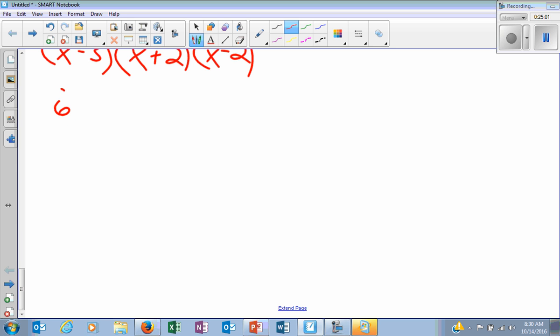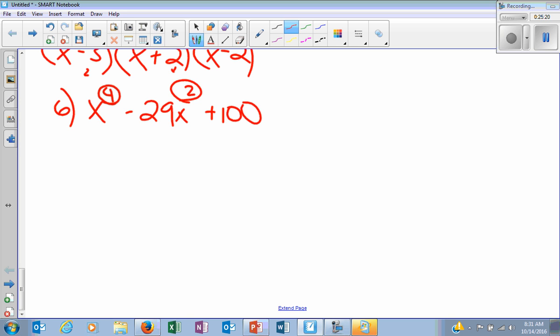Number 6. Factor x to the 4th minus 29x squared plus 100. Do you see how this is an x to the 4th and an x squared? Remember I told you could treat this just like it was x squared and just x? Okay, so